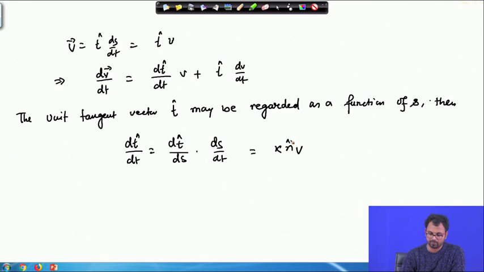So, this is kappa n, and if I substitute all these values here,